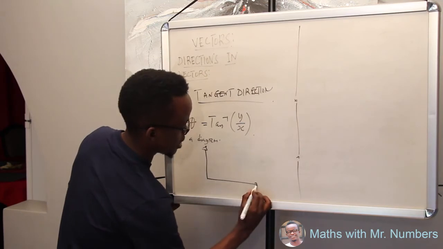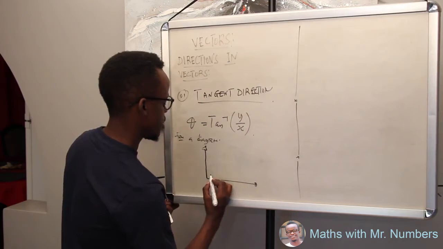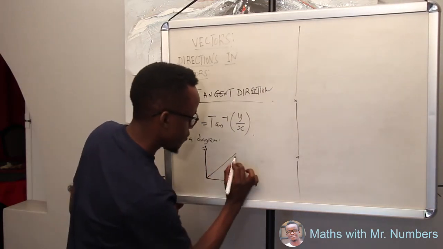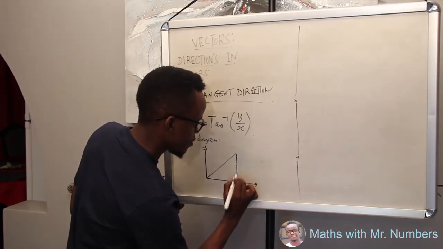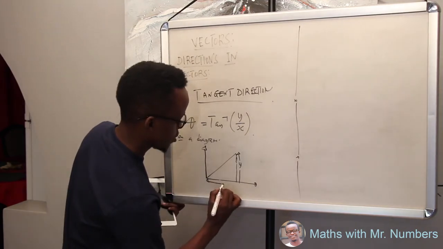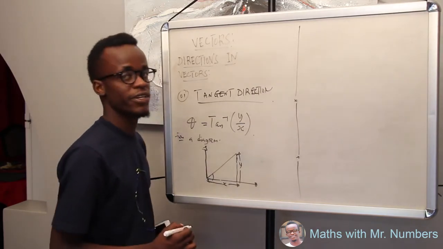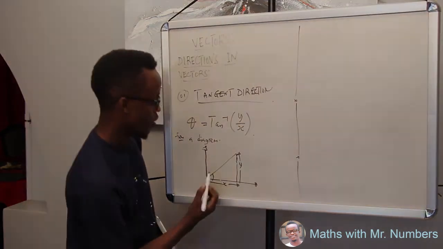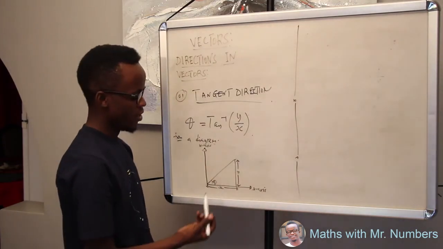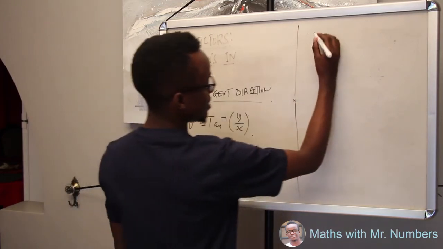having an xy plane like this, a vector A, or any vector like this, has a vertical distance of y and a horizontal distance of x. Therefore, the direction we are talking about in vector directions is the angle between the positive x-axis and the vector itself. Since this is a triangle, and from trig ratios,